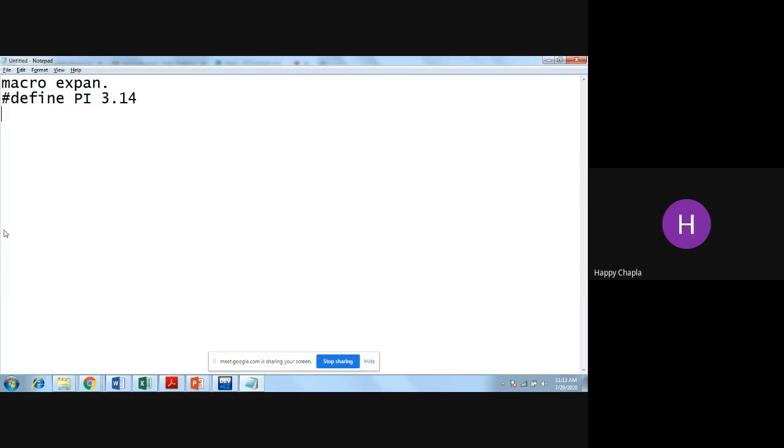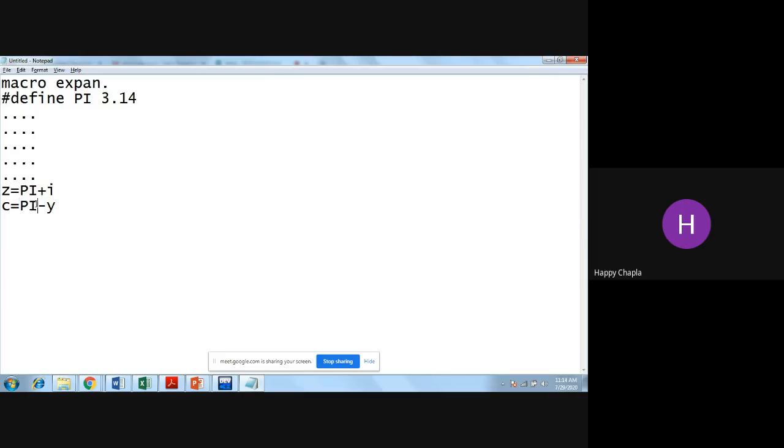Instead of that pi, the compiler needs to change it to the value 3.14. If I write z = pi + i, c = pi - y, then at the time of pre-processing we can identify that I have this pi and I need to expand it. Expand means they can replace it with this value.